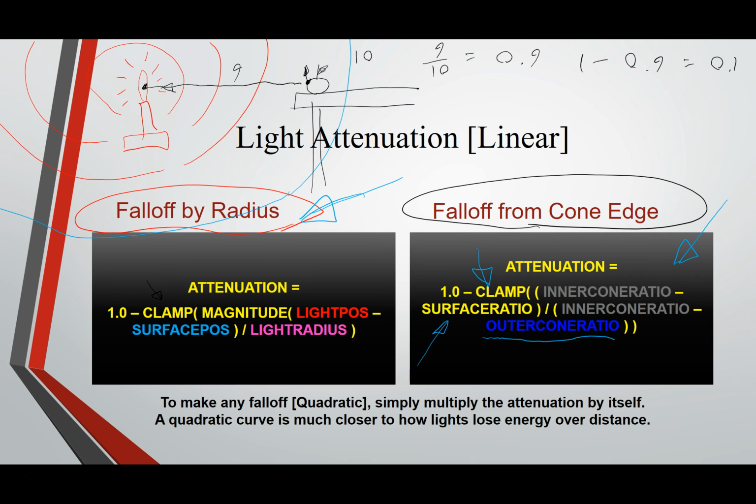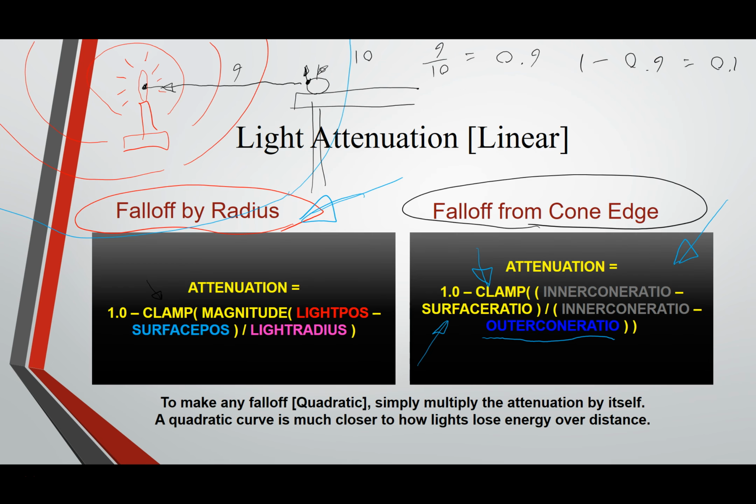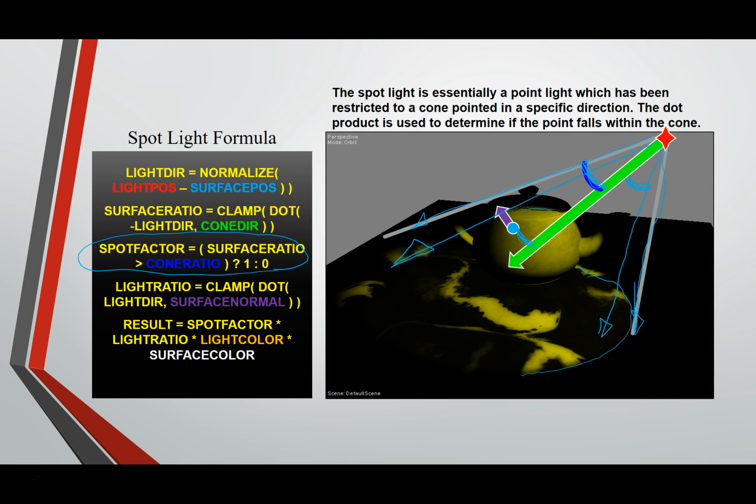By the way, notice the code we currently have in the spotlight to control the cone. It's this right here. And it's just a greater than, less than with a 1 or 0. So that's what makes the cone right now have a very hard edge. Essentially what you can do is you can take this equation here, this formula to compute the attenuation, and you can completely replace this code or this line right